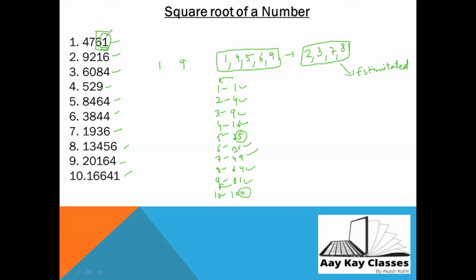I'm telling you again, you need to leave 2 digits from the last, and then for what is left, you need to find the number closest to it. For example, this is 47. 49 is closer, but we need a square which is smaller than this. 36 is smaller than 47, so it is 6. So you need to write 61 or 69.